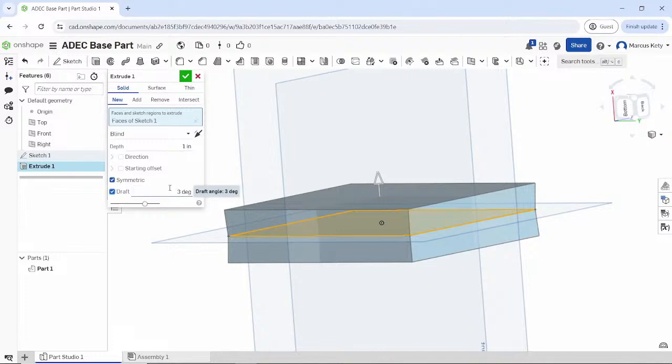Draft is something we won't use. You can see it adds an angle from there, and I can flip the direction that the draft is facing, but you shouldn't be using draft in this modeling system for pretty much anything you do for FTC. So we're going to make it 2 inches thick,